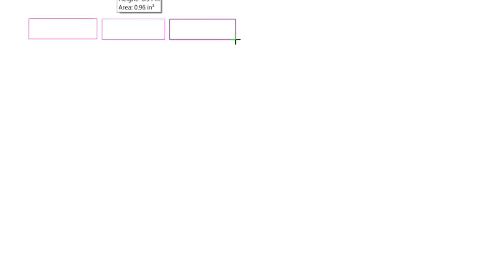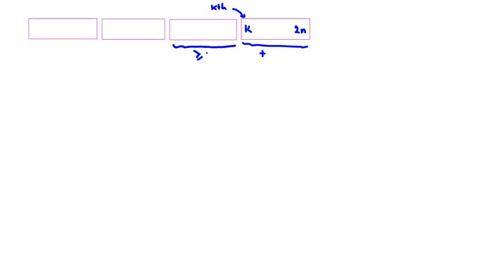Suppose we have blocks, some A's, 4 blocks, some B's, some A's, some B's. Okay, now suppose we have, for example, we want to select K. K should be at most here, at least. It is Kth one, it is 2n, and suppose the length here is T. And we know that each of the length here should be at least T,